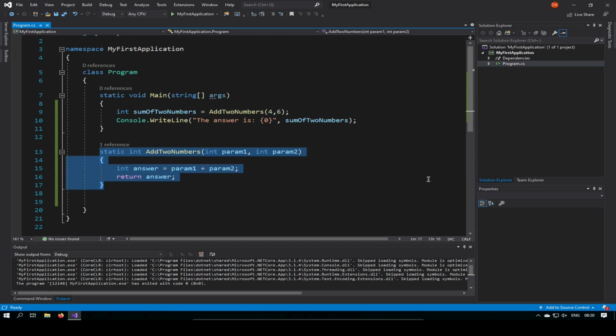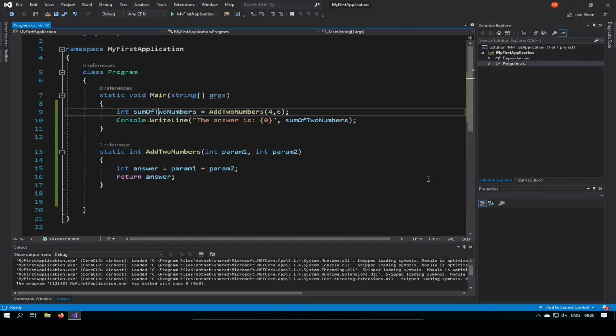So this little module, this add two numbers function, all it does is it adds two numbers. So we can call this function multiple times without having to rewrite this code every time. We just call add two numbers and we give it different